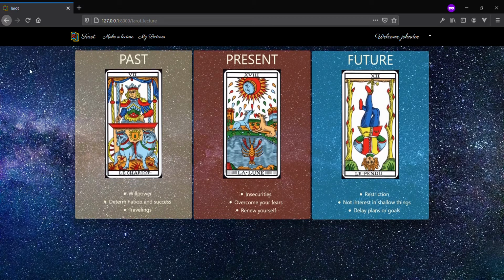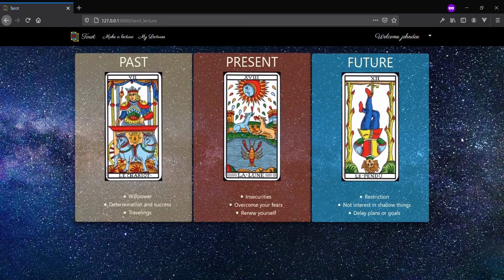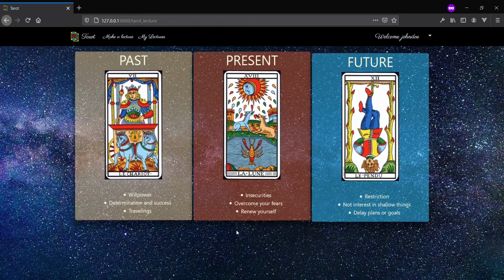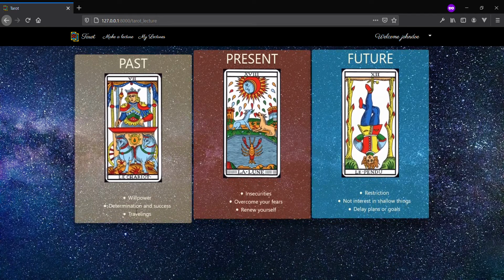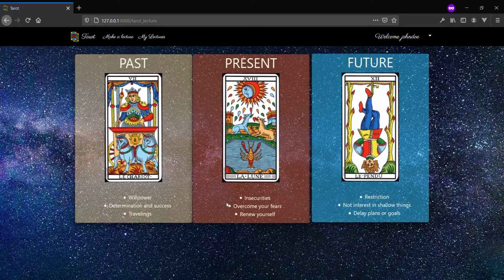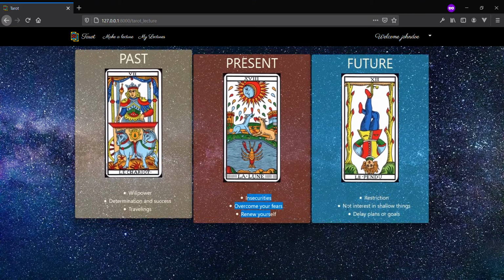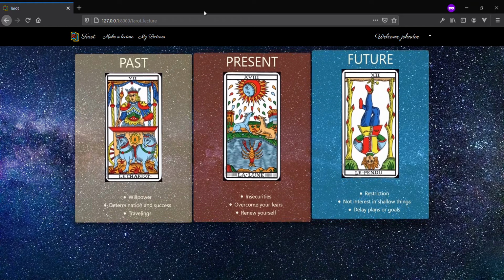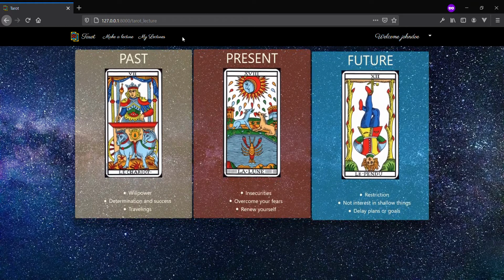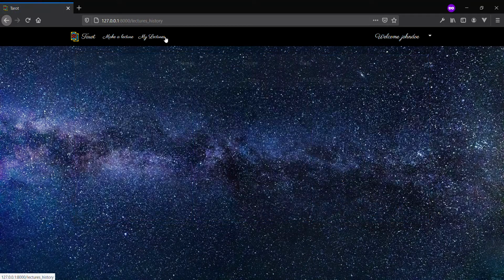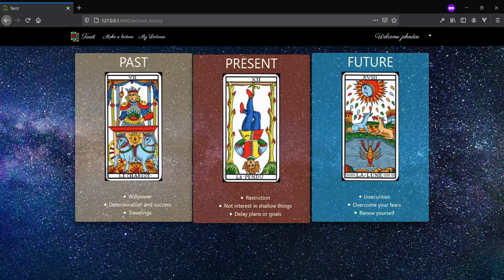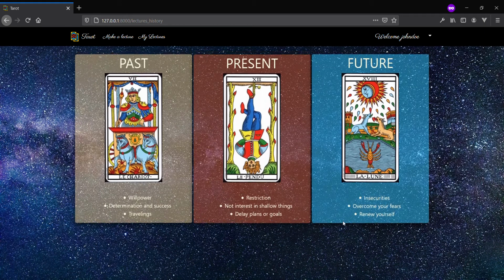and this process gives me 3 different cards from the tarot deck, and each card represents past, present, and future, and each card has different properties. As you can see, these are the card properties down here below the card. Now that I created a lecture, we can go back to my lectures section, and we can see that we have a new record here where we can consult the